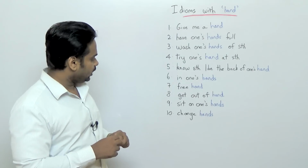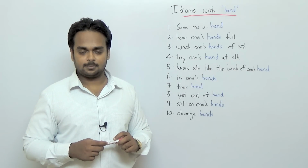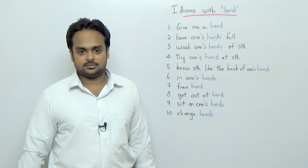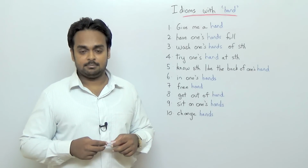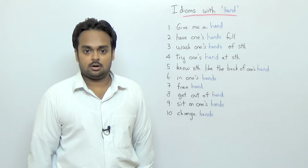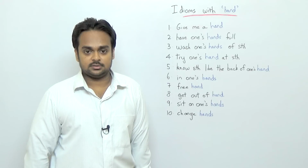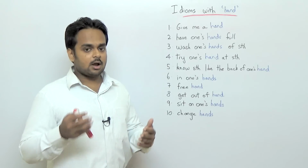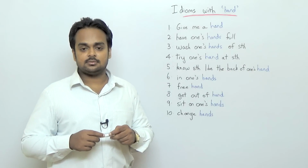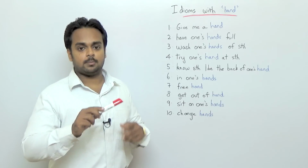Okay. Number 9 is to sit on one's hands. Now, if I'm sitting on my hands, what can I do? Well, I can do nothing because my hands are down there and I'm sitting on them, so I can't even move my hands, right? So I can't do anything. So if someone is sitting on their hands, that means they're not doing anything, especially in response to a problem